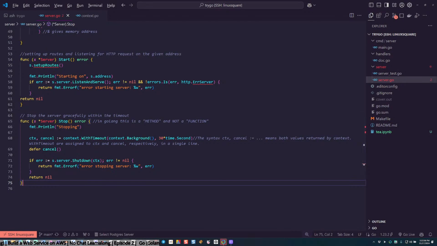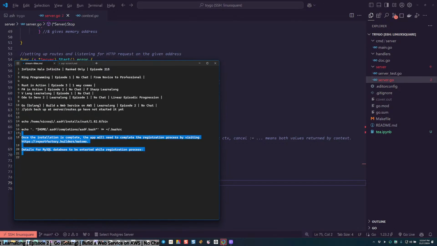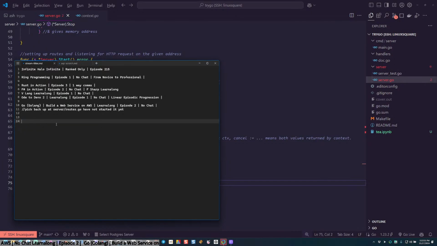Okay, where do we leave off? Pick back up at server... Install complete, echo, completions, bash. Okay. Pick back up at server routes.go.